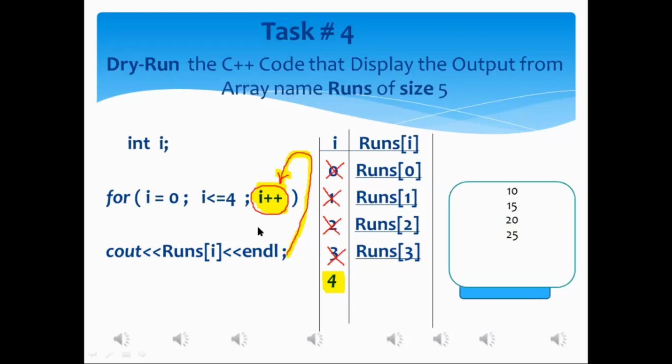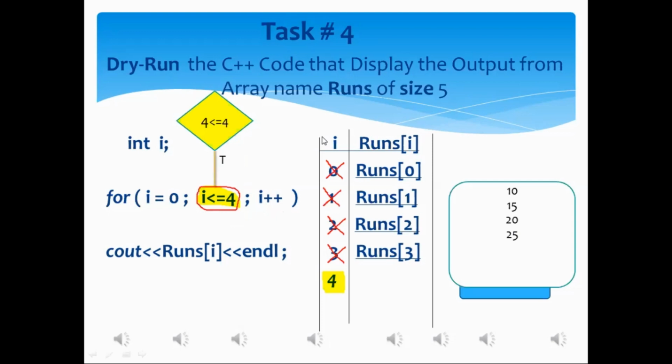It will be shifted to the condition statement, sir. Okay, condition statement. What is the current value of I? 4, sir. Tell me, if you place the current value of I, that one is 4, in the condition, what will this condition become? 4 is less than or equal to 4, and it will look like this in the diamond. Tell me, Mr. Aftab, 4 less than or equal to 4. This condition is true or false? True, sir. Okay, this condition is true. Your answer is correct, my dear.